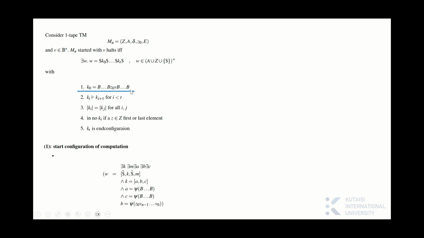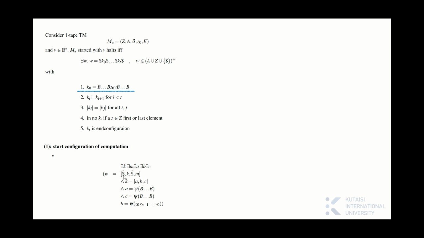So I have to write that K0 equals to this in the language of LE. How do I do it? I use the concatenation that I just described. So what does it mean that K0 is equal to BBB? So first of all, I have to say that W is equal to K0 up to KT like this, and K0 is like this, exactly as written in number 1. So this means, basically I write, there exist K, M, A, B, C such that W, this string here, is equal to, so we continue, so again, we have to say W is equal to the concatenation of the thing whose code is